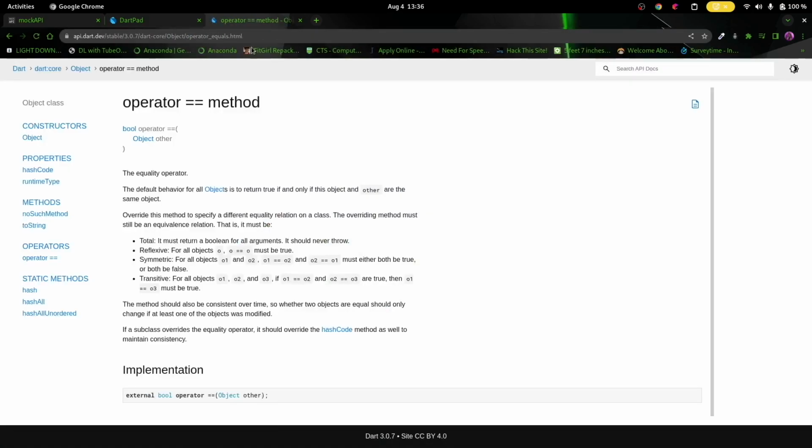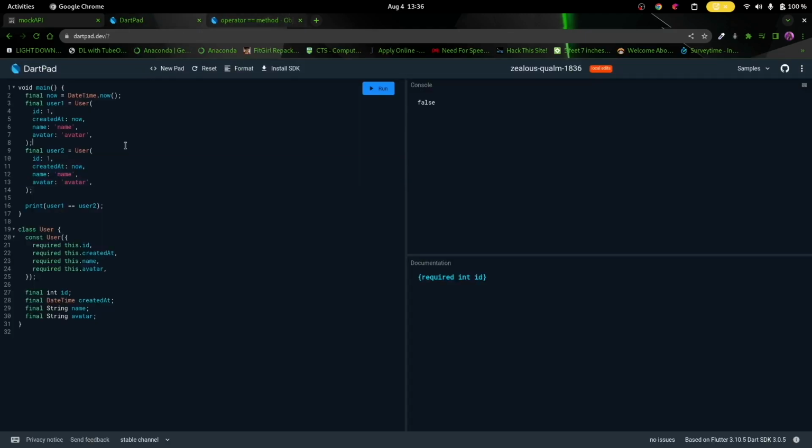Yes, so over here we can see how the equality operator works in our Flutter project. By default, all objects will return true if and only if the first and the second objects are the same object. So basically, how computers store stuff, right, is when we create this variable,